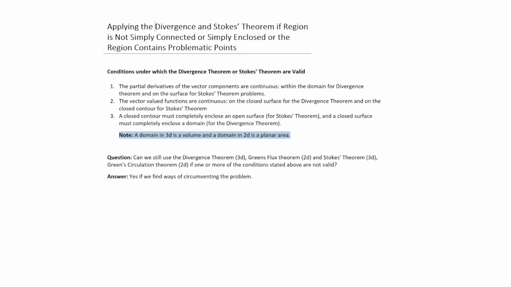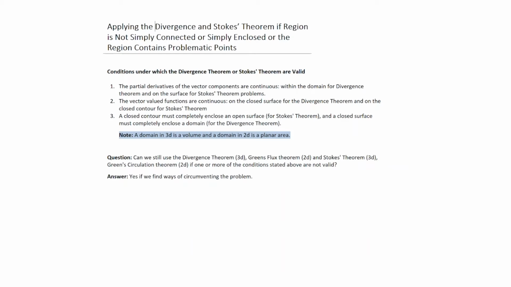The vector valued functions are continuous on the closed surface for the divergence theorem and on the closed contour for Stokes theorem. And third, a closed contour must completely enclose an open surface for Stokes theorem, and a closed surface must completely enclose a domain for the divergence theorem. Note that a domain in 3D is a volume and a domain in 2D is a planar area. So I just make this as a statement because I'm not going to repeat this. I just say either region or domain, and it's implied whether or not we're dealing with a 3D problem or